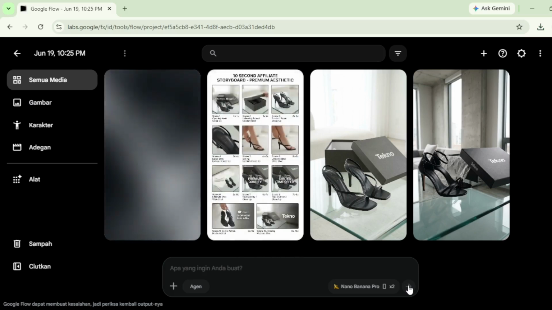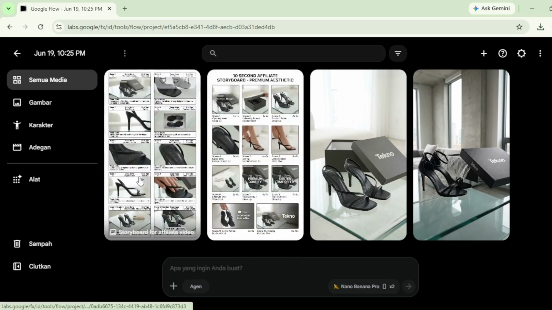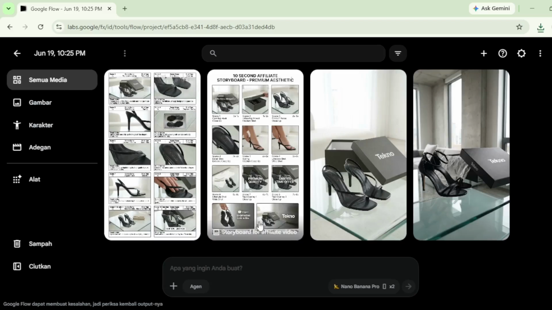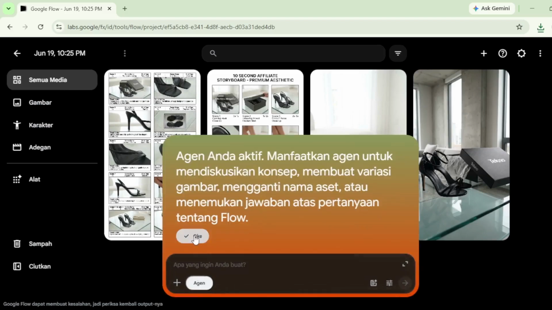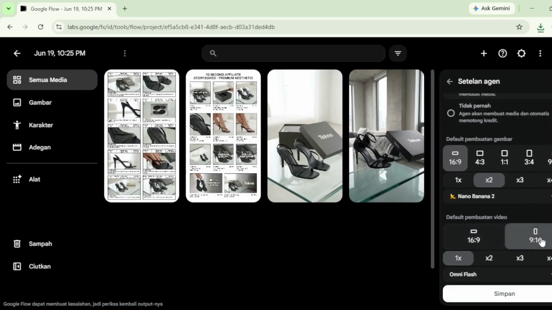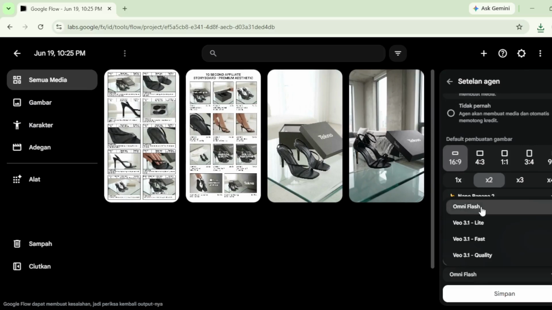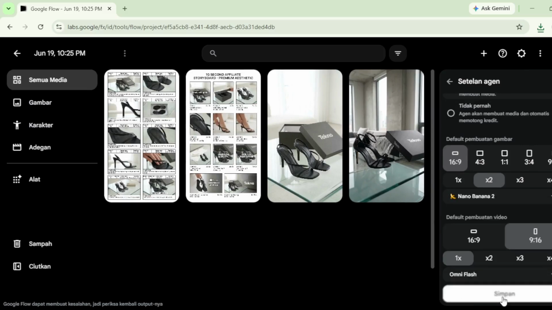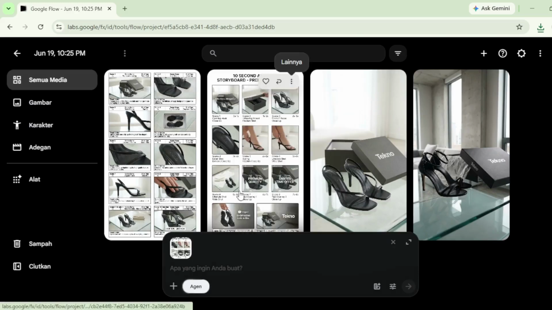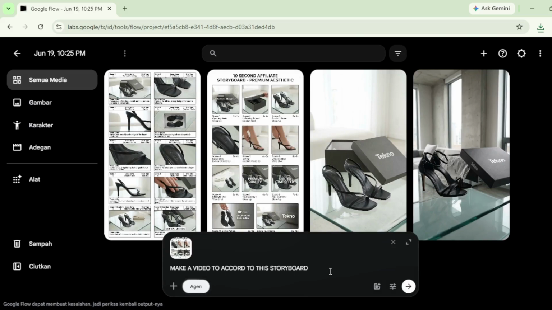Okay, friends, here it is, the result packaged into a storyboard. Next, we'll create a video based on the storyboard we created. But before that, let's adjust the settings to use the Omni reference model. Adjust the ratio to suit the image. Choose a storyboard you think is good, add it to the command, paste a simple prompt like this, and click